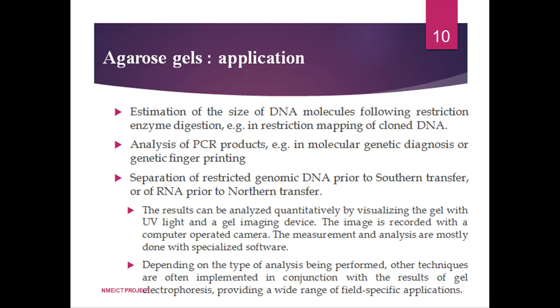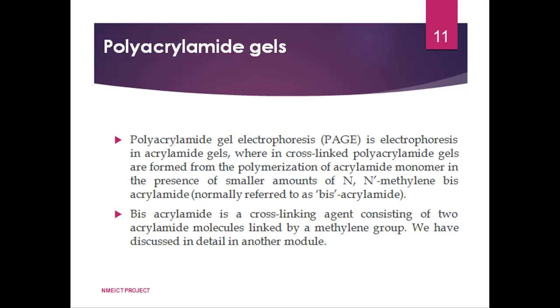Another widely used support matrix in electrophoresis is polyacrylamide gel. It is also known as PAGE, that is polyacrylamide gel electrophoresis. This electrophoresis is performed in acrylamide gel, where cross-linked polyacrylamide gels are formed from polymerization of acrylamide monomer in the presence of a smaller amount of N,N'-methylene bisacrylamide. Bisacrylamide is a cross-linking agent consisting of two acrylamide molecules linked by a methylene group. PAGE and SDS PAGE are discussed in detail in another chapter in the same